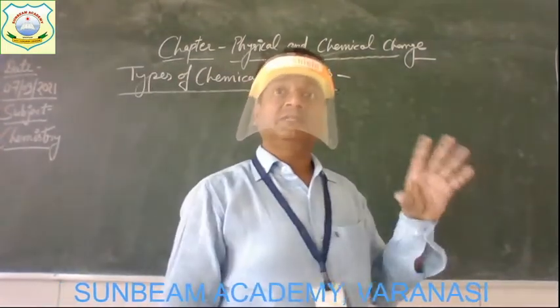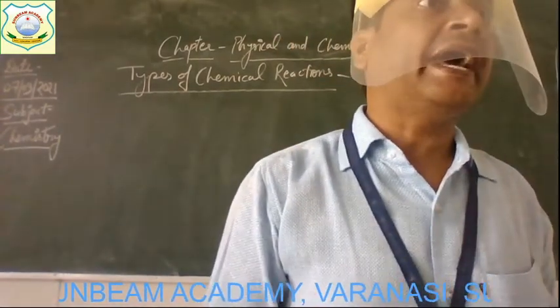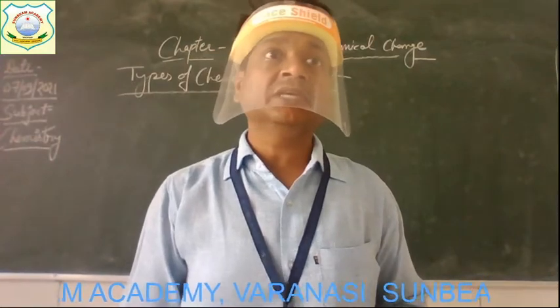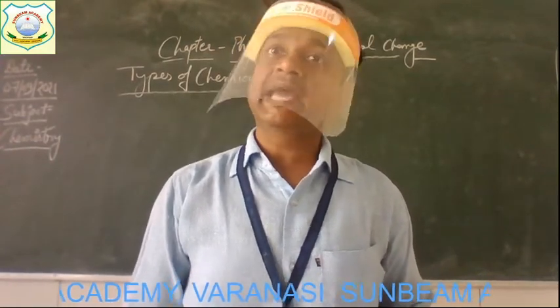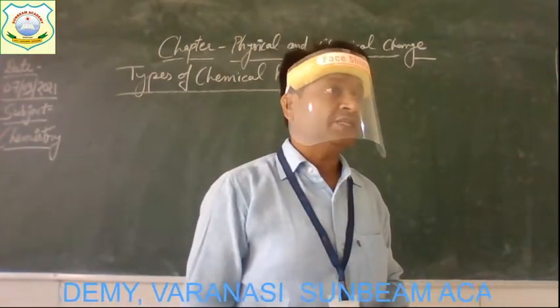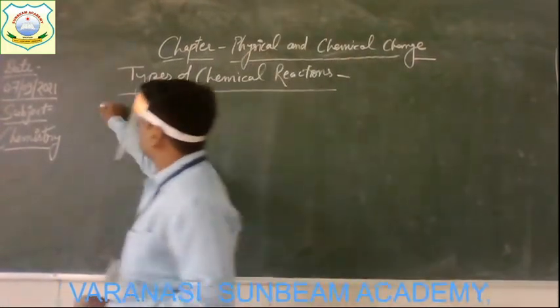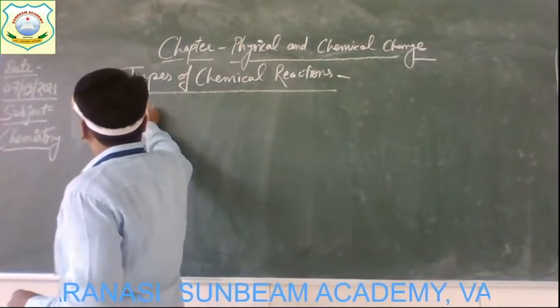The four types of chemical reaction we have already discussed are combination reaction, decomposition reaction, single displacement reaction and double displacement reaction. And we are discussing the last type of chemical reaction, that is oxidation